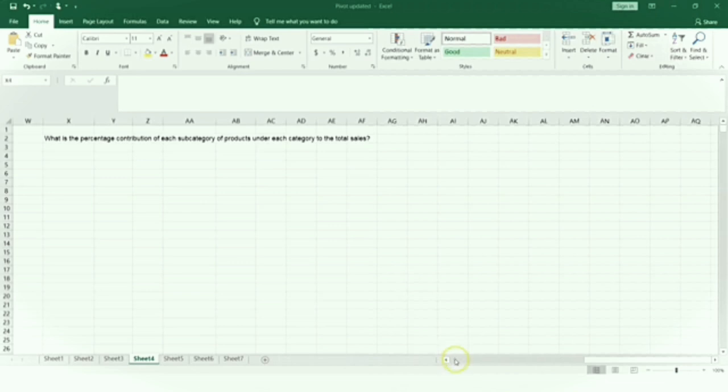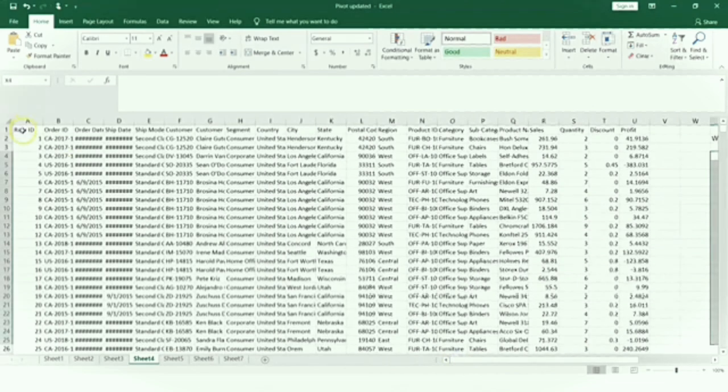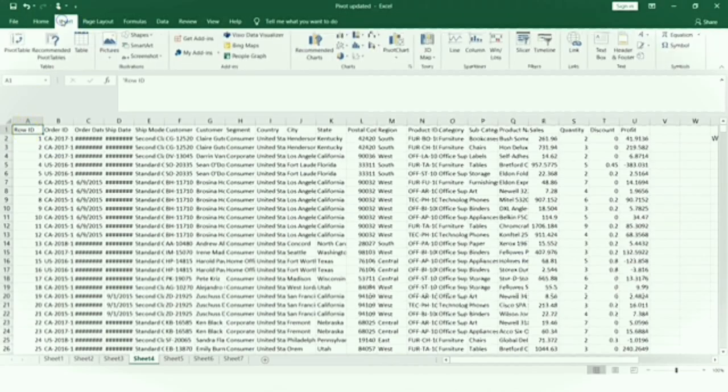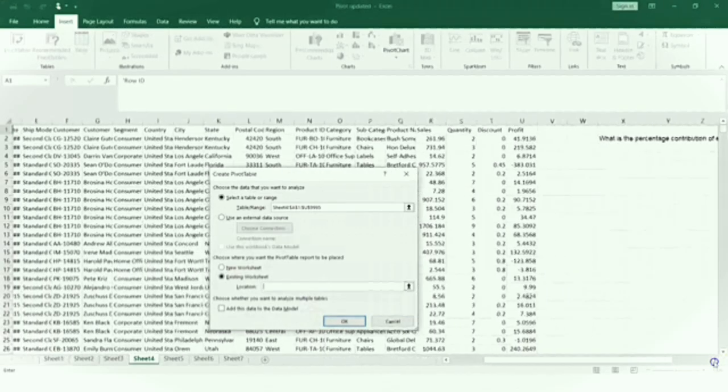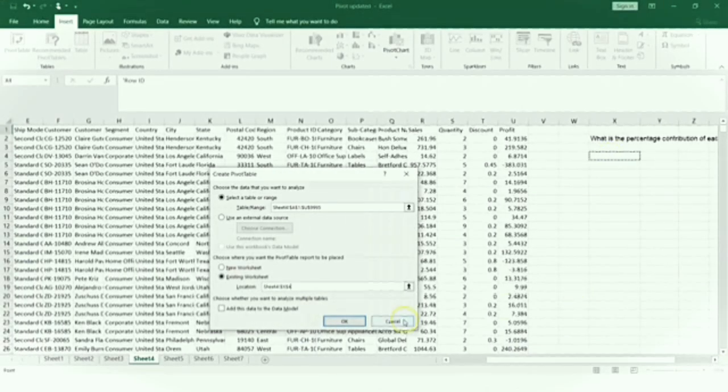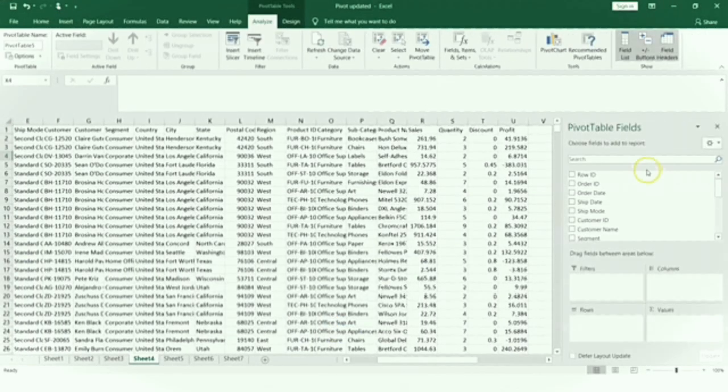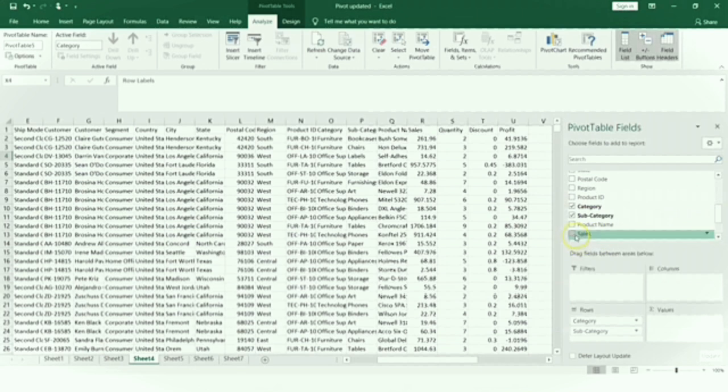For that, we need to again just place our cursor here or select the first row and first column, click on your insert, click on your pivot table, and now the data is already selected, existing worksheet. Place your cursor here, and then let's select this cell, say okay. Now your pivot table fields are here. So we are interested in category. So let's select category. And then within a category, we will have subcategories, and we are interested in the sales